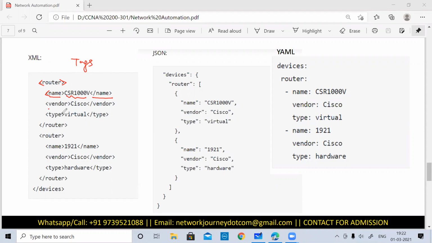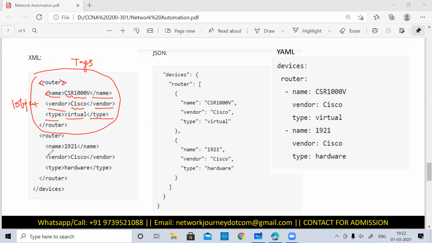Then we have a vendor, you see the vendor name, and then we close with the vendor tag. Again starting a tag with the type, it's virtual, and ending with the type tag. And here you complete one piece of information about one router. So this is one object.